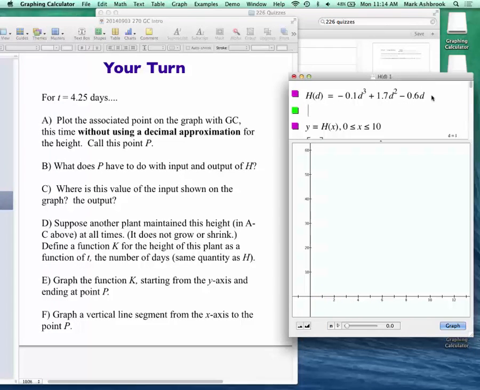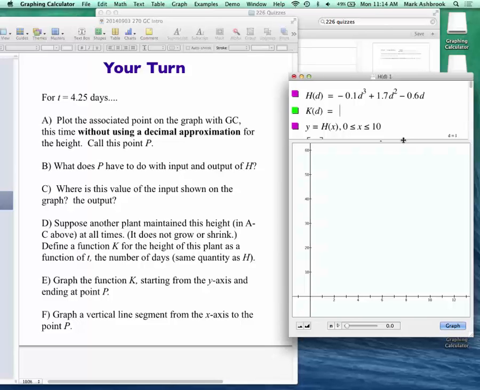Come up here. So we want a new function called k. So watch what happens if I don't use control. If I do shift, it's immediately thinking multiplication. You can see that the parentheses are not quite hugging as close to the k as they are to the h. If you use the parentheses, they'll be offset to the right a little bit. So I need control. Right now this isn't thinking function, it's thinking multiplication. So I need shift control 9. And now if I do k of t equals,